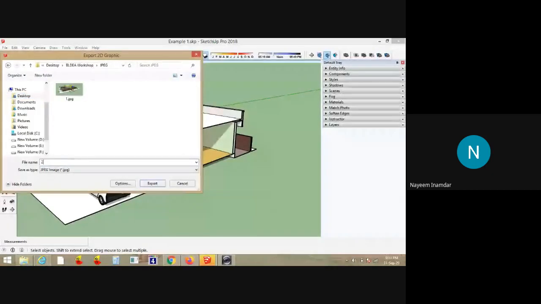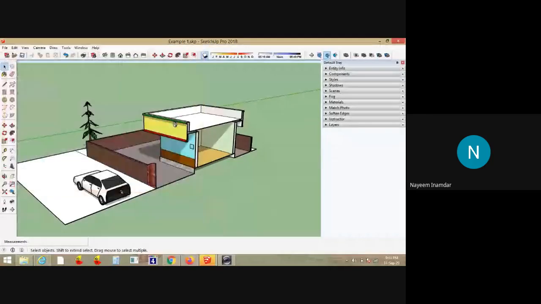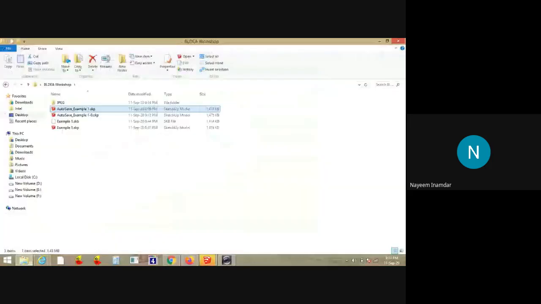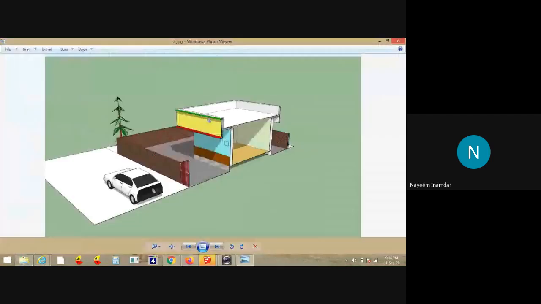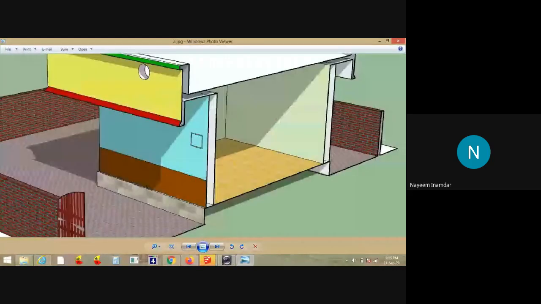Suppose I give the number 2, so this will be saved as JPEG format. You can see here. This you can give to the client so that he will come to know how the interior and all looks like.